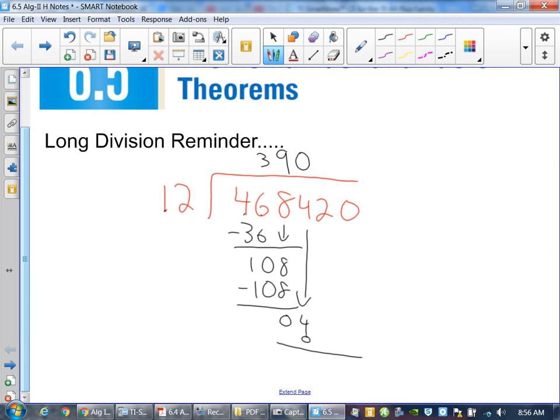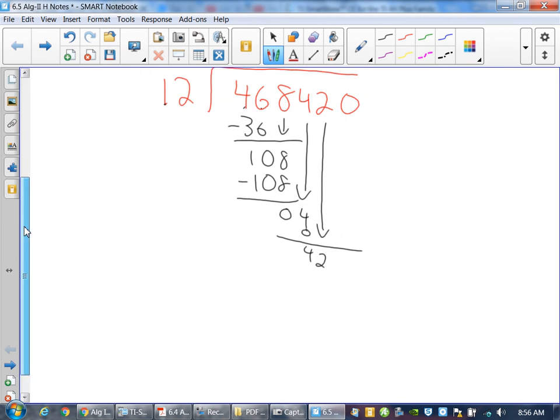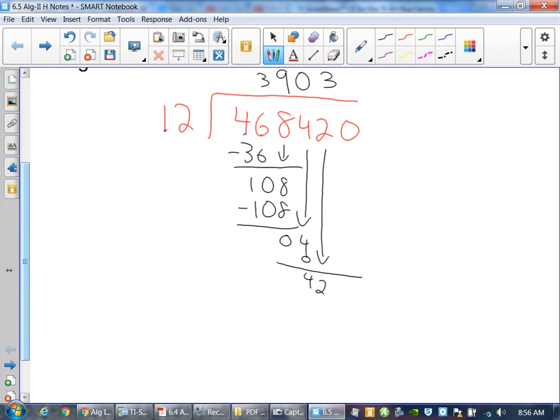And I get another 42. I drop that down. And I get 12 goes into 42. How many times? 3 times. 3 times 12 is 36. Hey, look at this! Who would have thought that I would have randomly done that? 5. It worked. Wow. What are the odds? So the answer is 39,